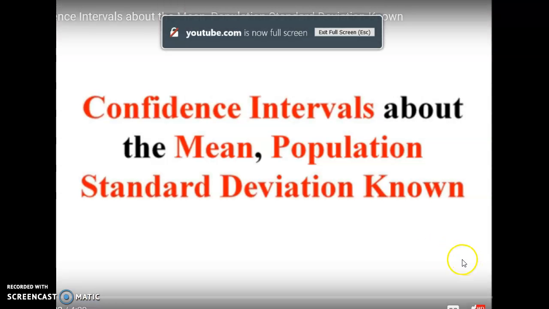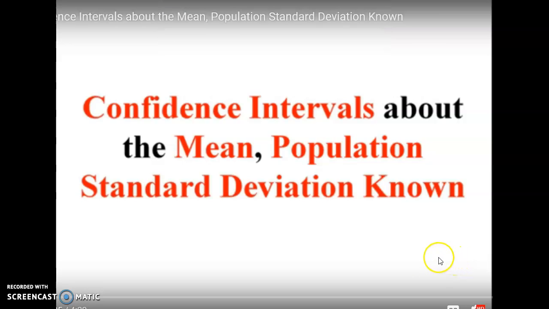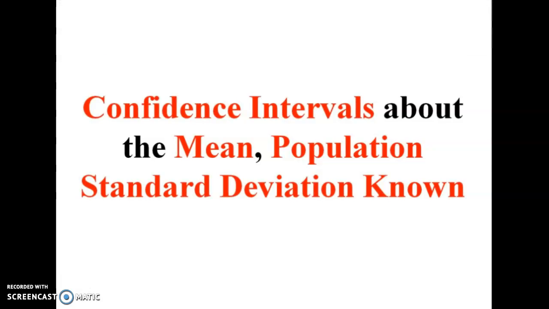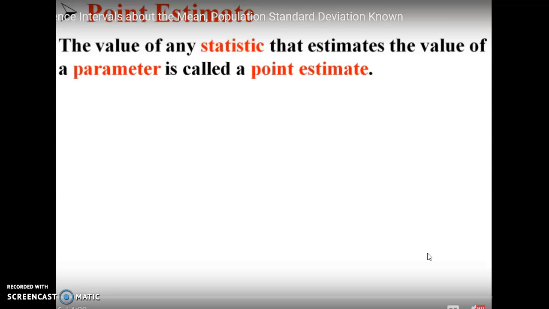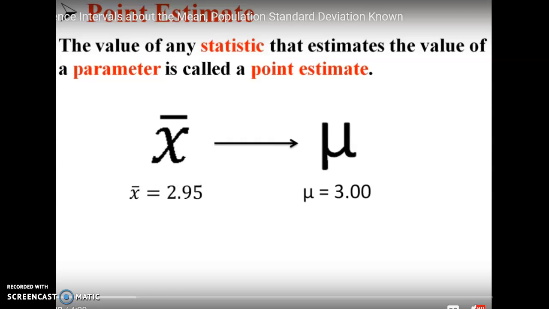Okay, so here we're going to look at some confidence intervals about the mean, and we're going to assume we know the population standard deviation. It gets a little trickier when you don't. So pause on that for a little bit and go with this. Point estimates are when you say, I think the average is, and you have a certain number. An interval estimate will be when you say, I think the number's between this and this.